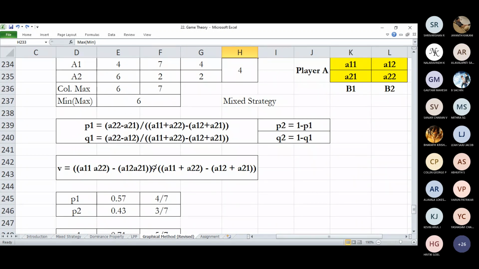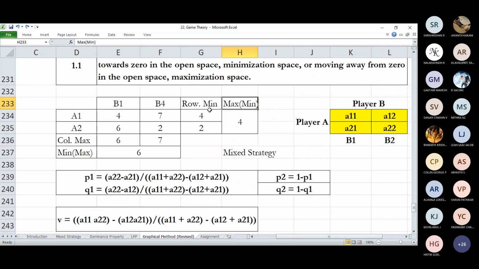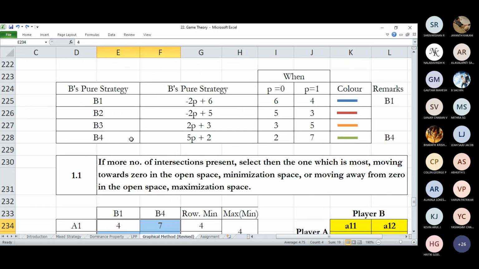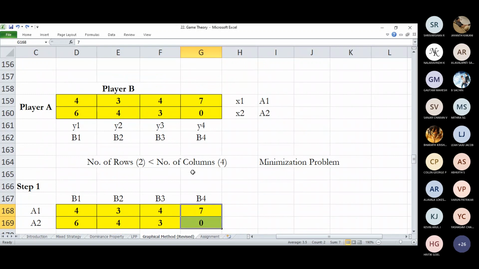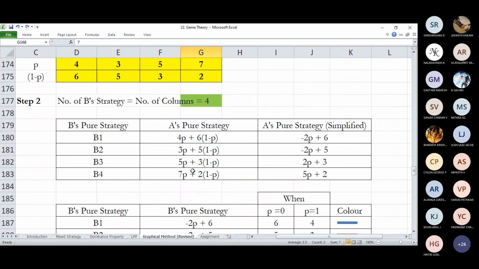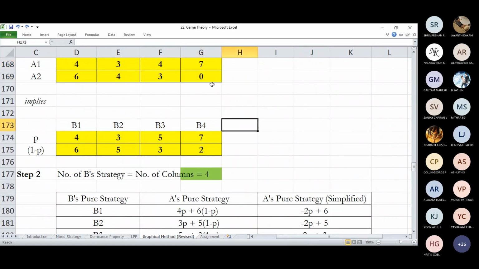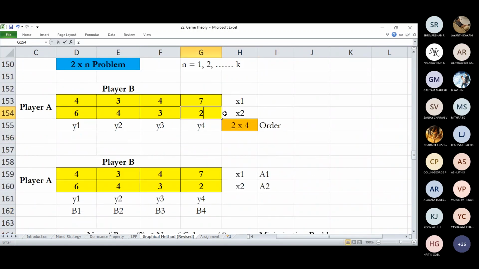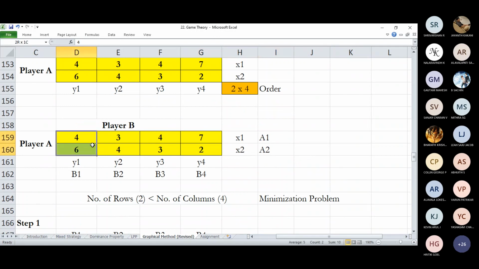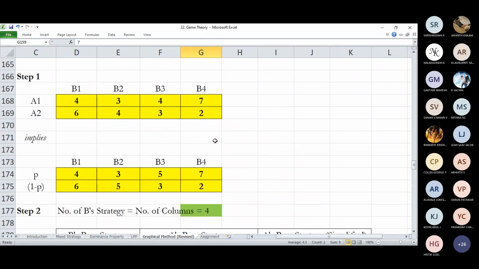So this is pretty common thing that we have used. In the last class, we talked about another method, so we'll discuss that as well before the end of the class, right? So the first one is like this maximin and minimax approach. This is the value from the given problem, B1 and B4, not zero. This is two actually. It's a typo, right? So 4, 6, and 7, 2, right?